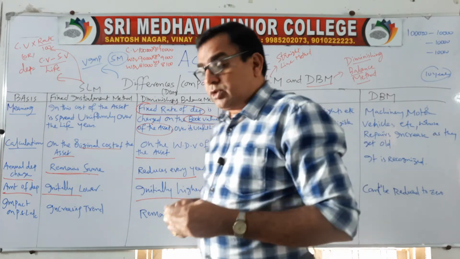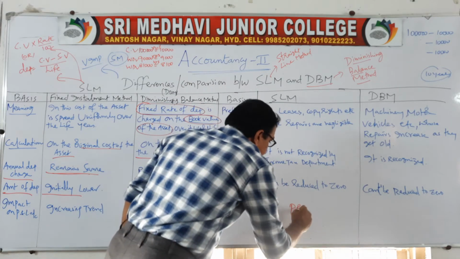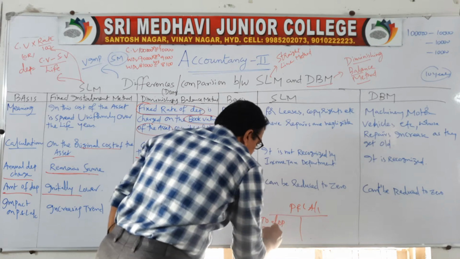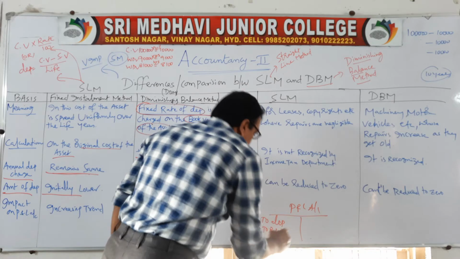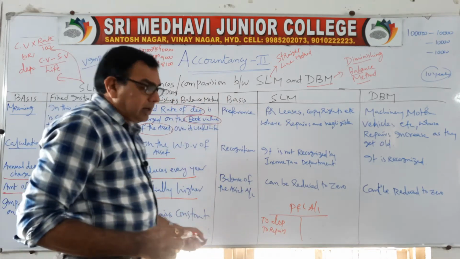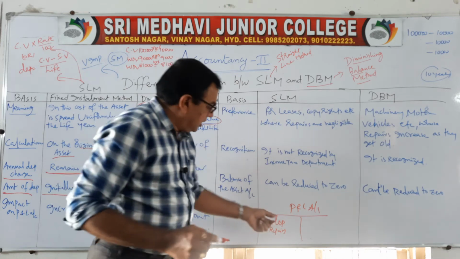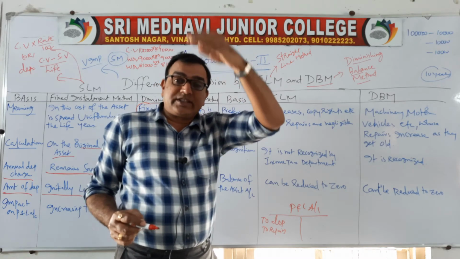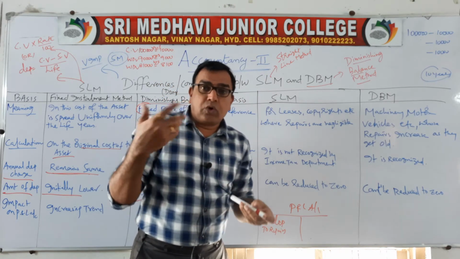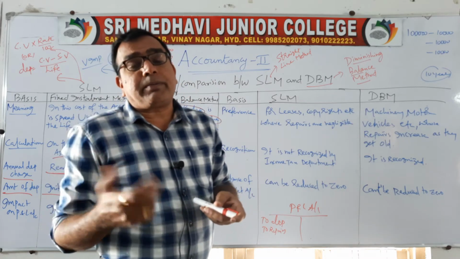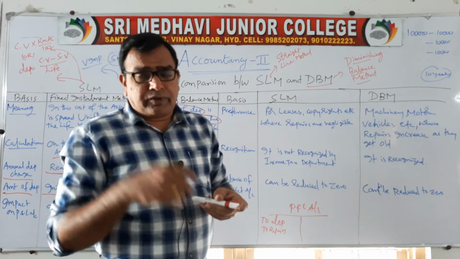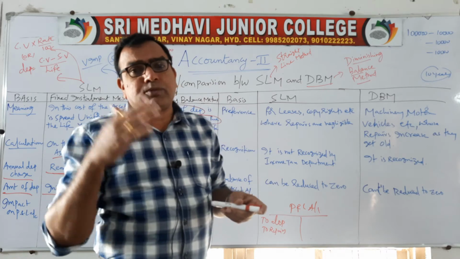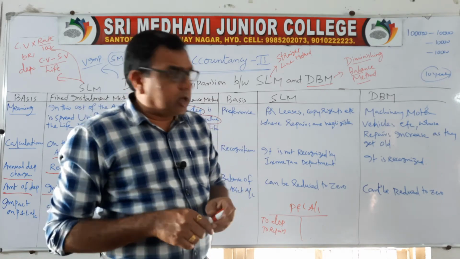Whenever we are following the fixed installment method, the impact will be high. Why is it high? As you know, in the profit and loss account, we write both depreciation as well as repairs. When you calculate depreciation as per the straight line method, depreciation remains constant, but repairs will be gradually increasing. As in my previous class I told you, as the machine becomes old, you need to put in more repairs and maintenance cost. That is quite natural; for your mobiles, bikes, or cars you can experience that.